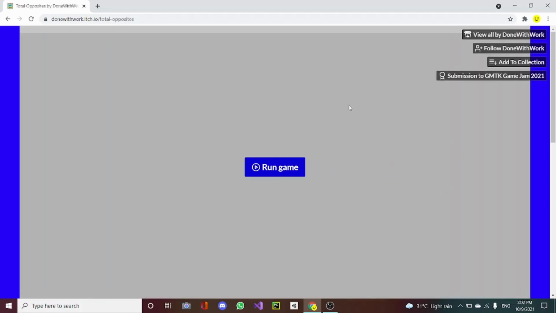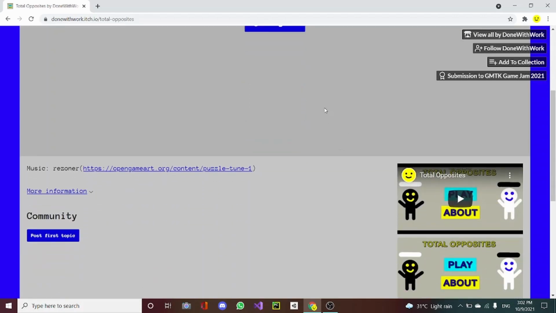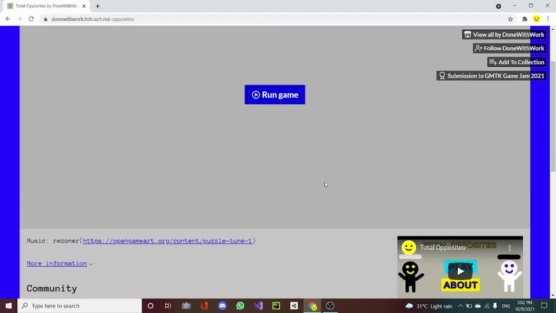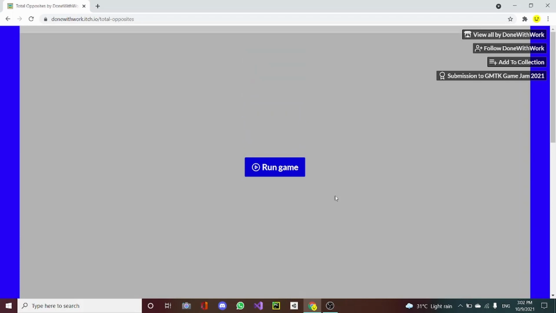There will be two things to note before I start playing the game. First of all is that not all of the assets I used in here were created by me. Some of them required attributions, so I've placed it down here, and I'll be putting a link in the description to attribute all of these assets that I've used that are not mine. And the second thing to note is I submitted this game to the GMTK Game Jam